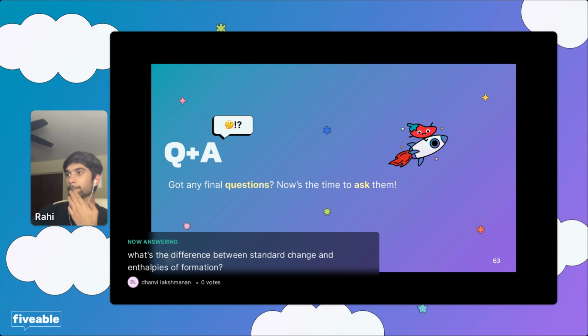The difference between standard change and standard change in enthalpies of formation. So standard change is okay, yeah. Sorry, I was refreshing what I thought. So enthalpy of formation is specifically the delta H required in creating a particular substance from its elemental form, is essentially what they call it, right? We don't need to talk about exactly how that occurs. Experimentally, it's horrifically complicated, I promise. Don't really need to know that. But enthalpy of formation is just the effect of that. Standard change is the change in enthalpy from a reactant becoming a product. Okay.